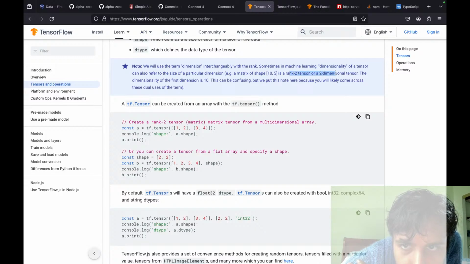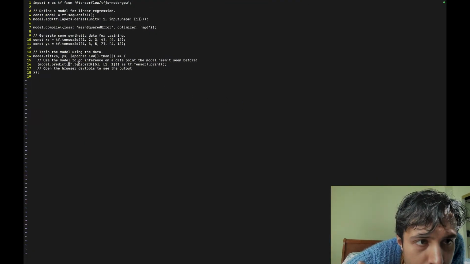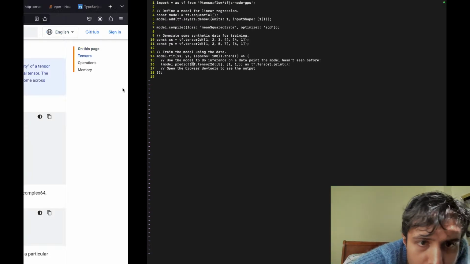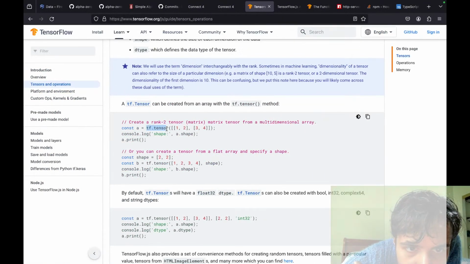A rank 2 tensor is a two-dimensional tensor. tf.tensor2d is two-dimensional. Okay, I guess tf.tensor is what we need then, right?